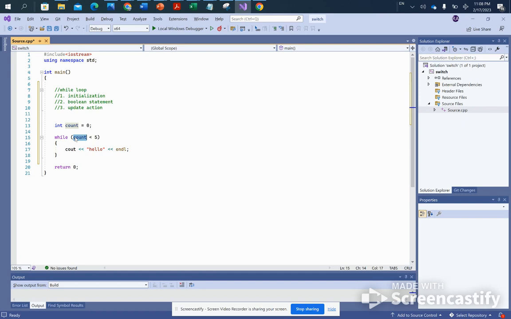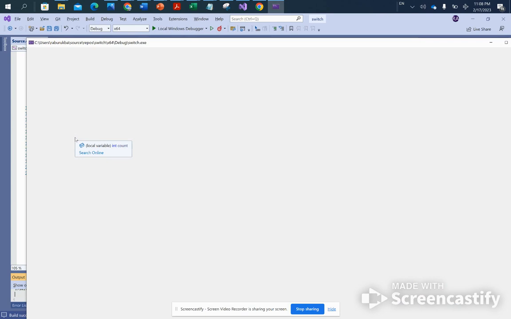When in the world will this statement become false? Well, if you take a look at it right now, it will never become false. And let me prove it to you. If I compile and run this code as is, it will compile, it will run. Take a look what I get.